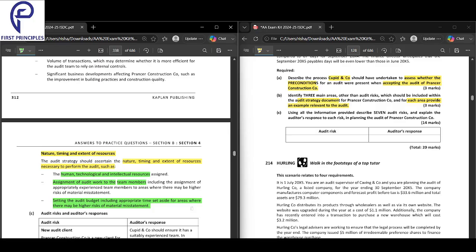This is about the nature, timing, and extent of resources. Okay. This should be in the audit strategy document. Next,